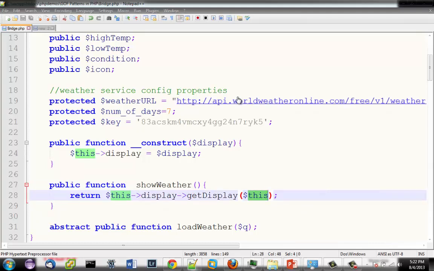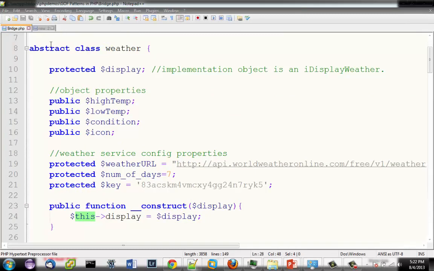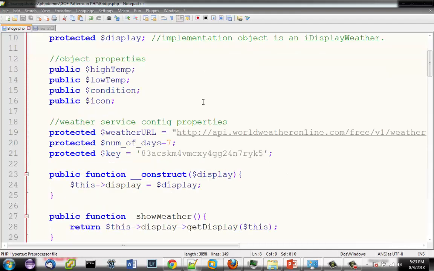So this abstract class here is the abstraction that I was talking about. Remember I talked about abstractions and implementations of those abstractions. The first thing I'm doing is declaring an abstract class, and anything that is derived from this class will inherit all these properties as well. So the high temp, low temp, condition, icon, these kinds of things.